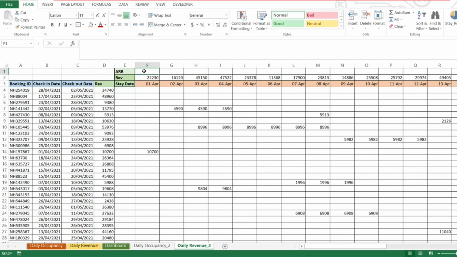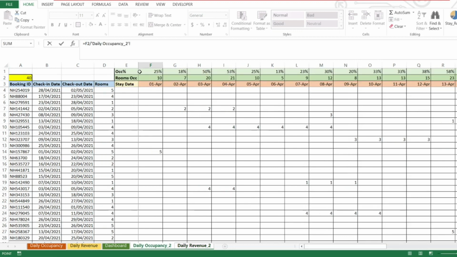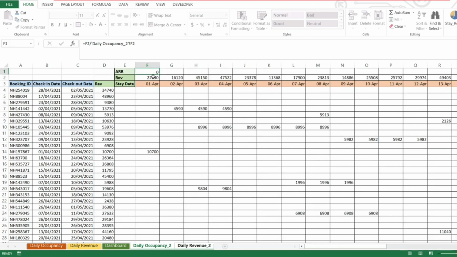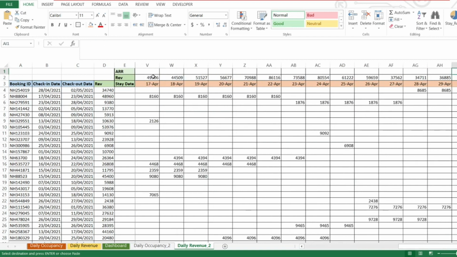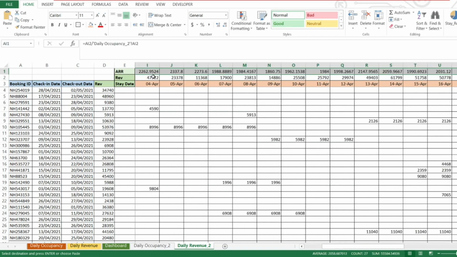Daily ARR is simply the daily revenue divided by the number of rooms occupied. So here we have got the daily ARR for all the dates and we are going to paste the formula over the entire range.